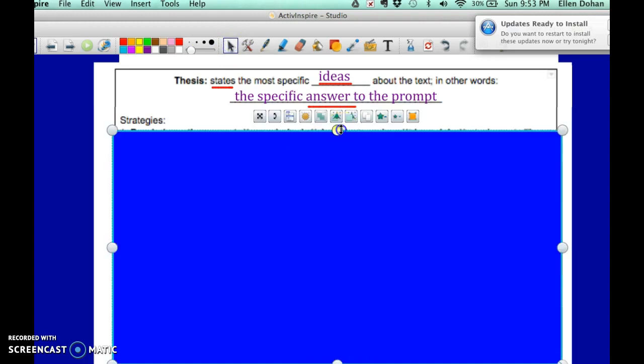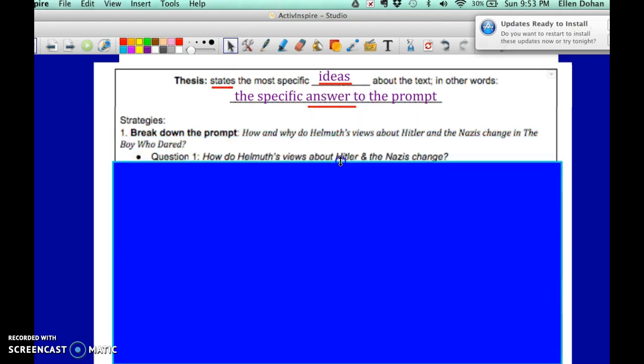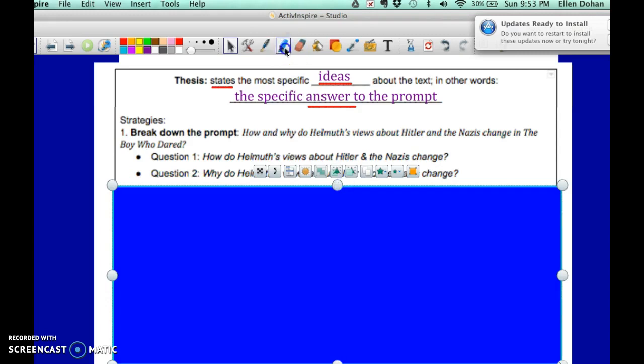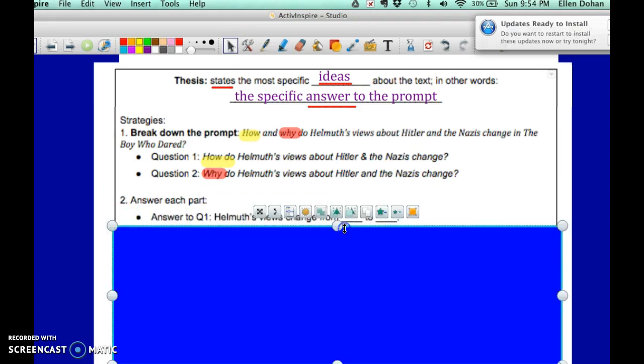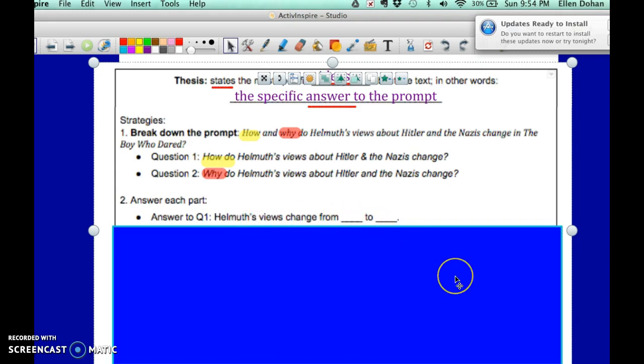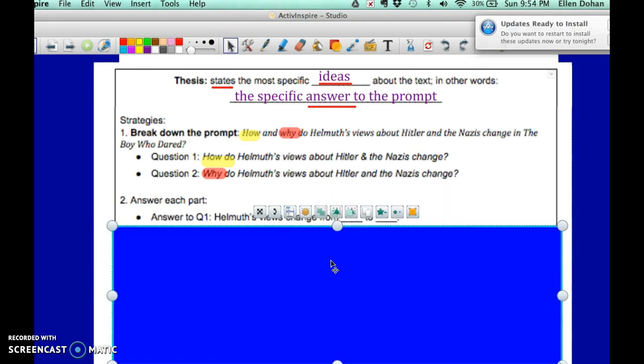And just to review strategies for this, first we want to break down the prompt. In our prompt we have two questions. We have how do Helmut's views change, and why do they change? So we've got those two pieces here. Once we've broken those down, then we know to answer each part. So you might say, okay, to question 1, how do his views change from blank to blank? Or you might even say blank to blank to blank. Question 2, why do they change? Well, they change because,